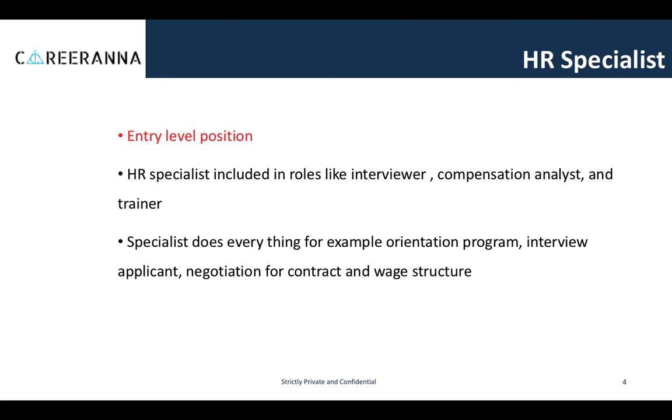So basically, a specialist does everything from an orientation program when you join an organization, to filtering of applicants, interviewing of applicants, negotiating contracts with, say, your part-time supplier of employees, or the wage structure. An HR specialist could be found doing bits and pieces of everything, and that is your entry level